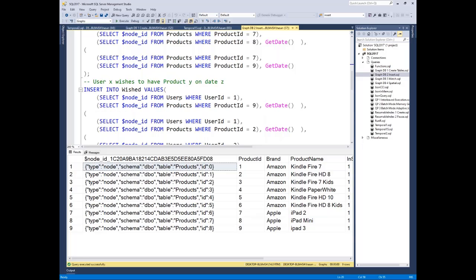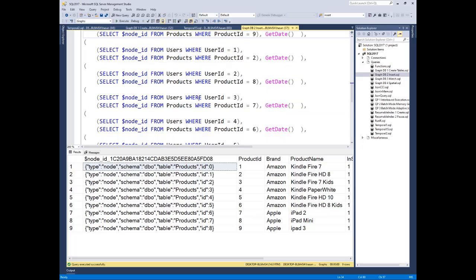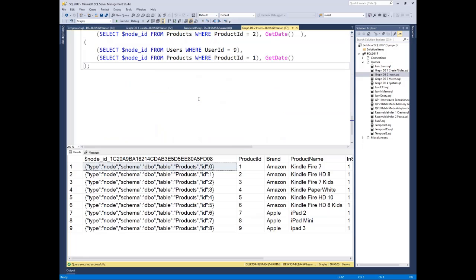In the second one, as you can see, I have another relation table, which is going to have the wish list of users. As you can see, it accepts 2 different entities. It doesn't have to be the same exact entity. So that means dynamically, really, you can create any kind of relation between any entities. So this is going to create user ID 1 wishes product ID 9. And this is the time or the date that we actually created this. So I'm going to insert all this data,